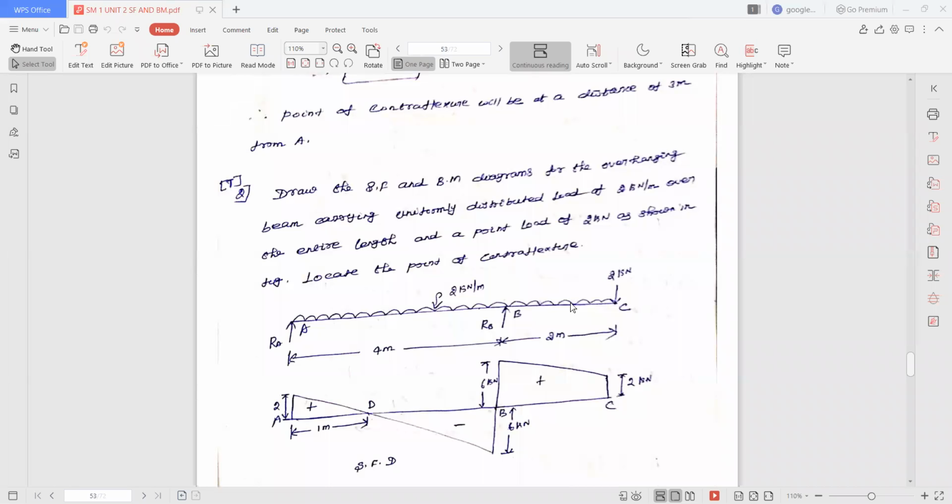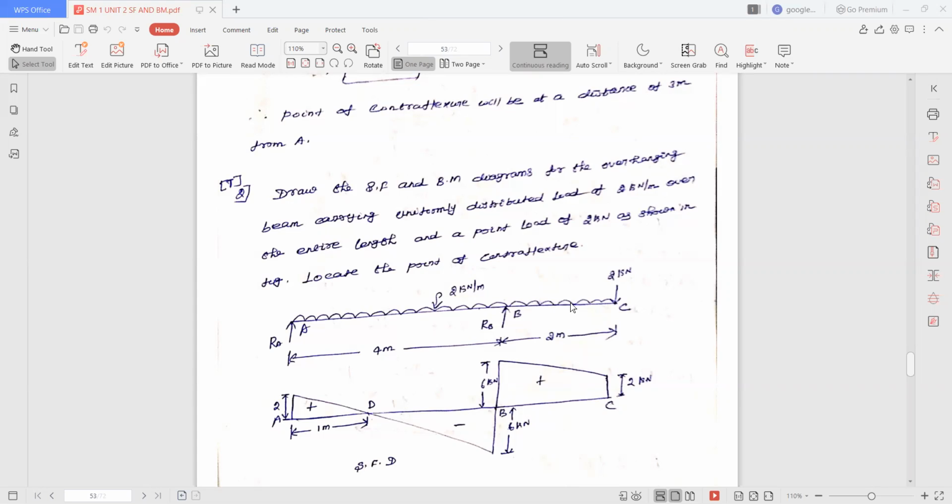Hi, we are discussing the Strength of Materials subject, Unit 2, SFD and bending moment. In previous lectures, we discussed how to draw the SFD and bending moment diagram for a simply supported beam subjected to various types of loads, as well as a cantilever beam subjected to different types of loads. And in the last lecture, we discussed how to draw the SFD and bending moment diagram for an overhanging